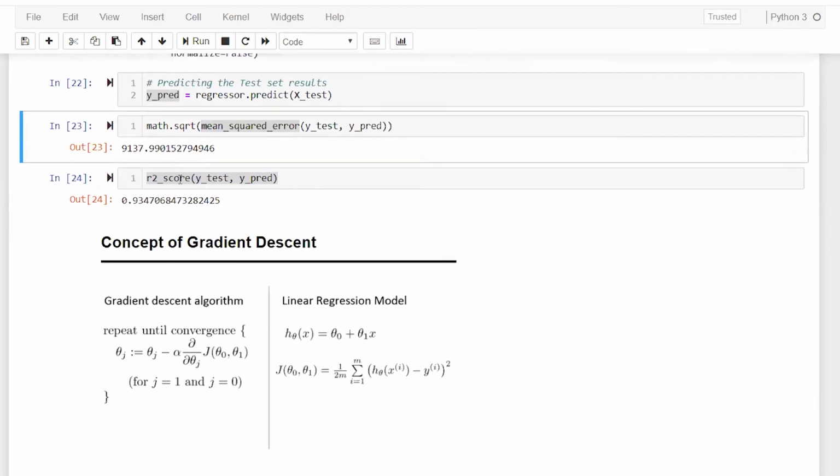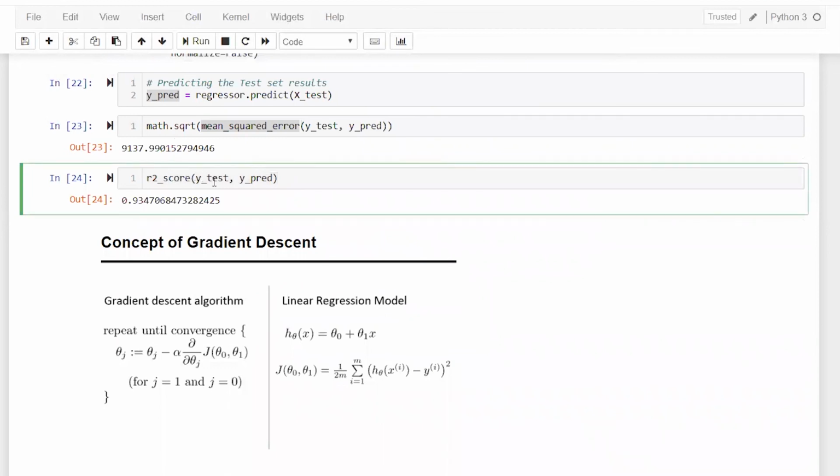Again, we have R square, which is also one evaluation metric. Here I send Y test and Y pred, and it gives me a value of 0.93. So what is R square? R square is also a very good way to measure the performance of a regression model. If your model is working great and it is perfect, R square value will be 1.